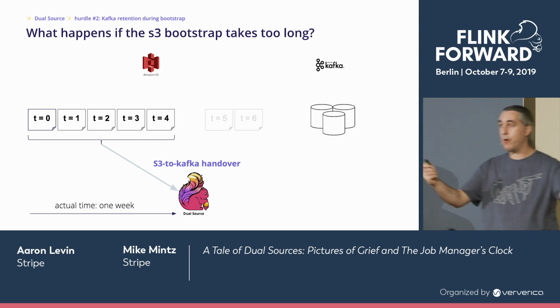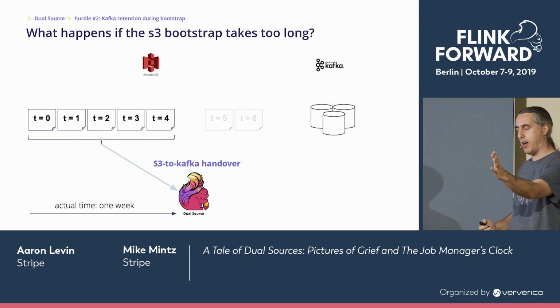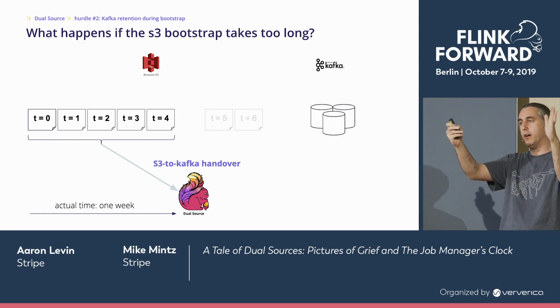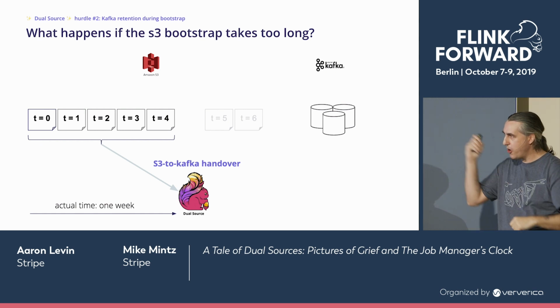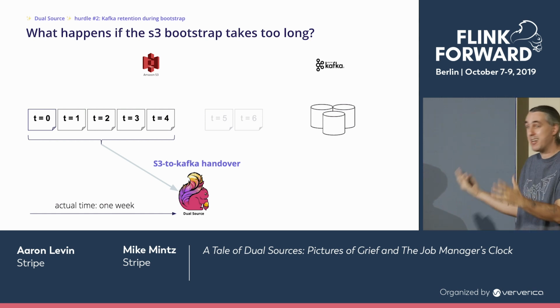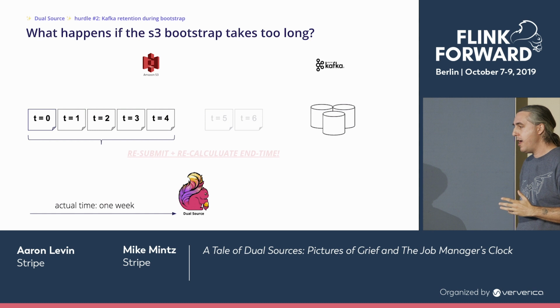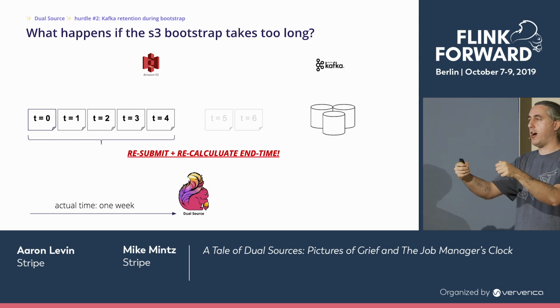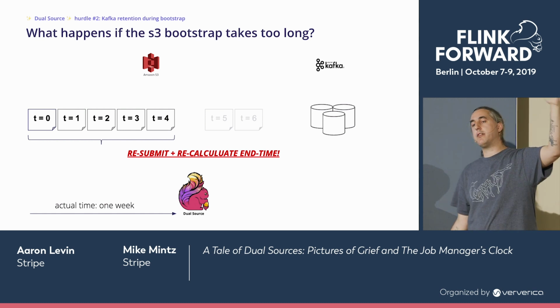miss them. But now, instead, when we're done with the S3 bootstrap, we ask ourselves: I know what the last timestamp of the file was, I know the current time, and I know the retention period of Kafka. I can use these 3 facts to ask myself, am I going to miss events if I hand over now? And if the answer is yes, we simply resubmit the job, and at that time, recalculate the end time of